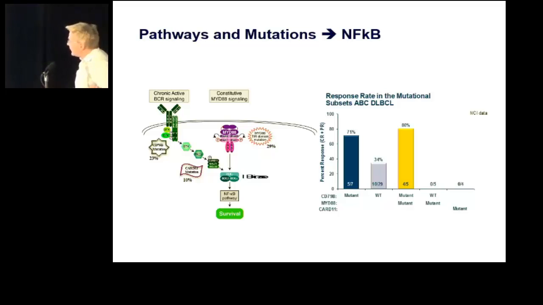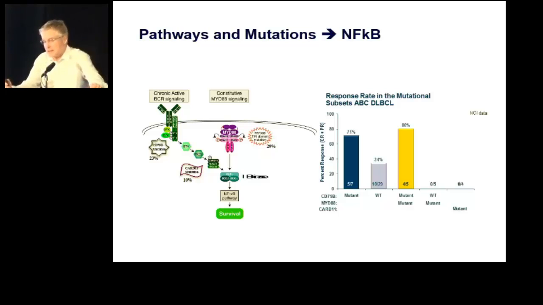But we also found that among those cases that were wild type for 79B and also MYD88 and CARD11, 34%. What does this tell us? This tells us that it is possible that in fact there is an intrinsic antigen that is driving these tumors, and they don't have to have this enhancing